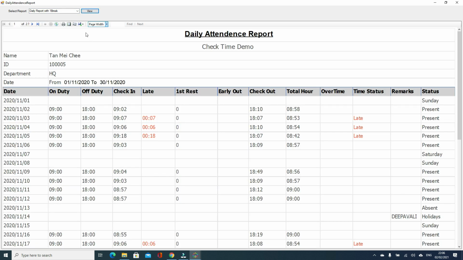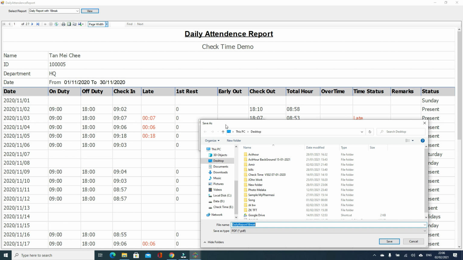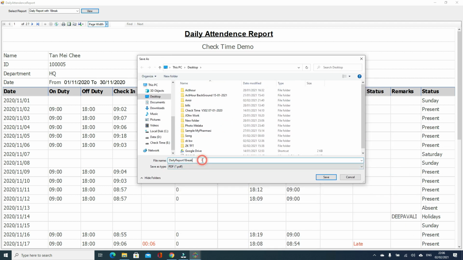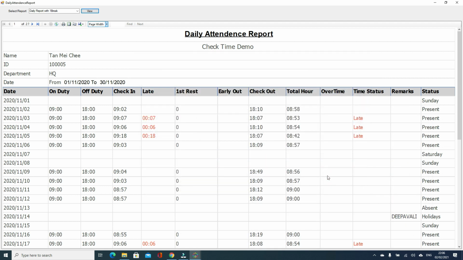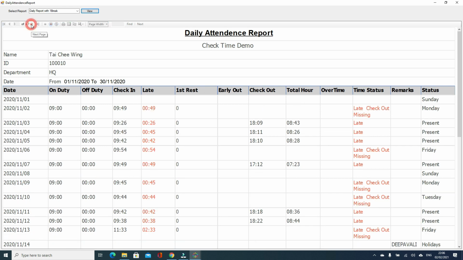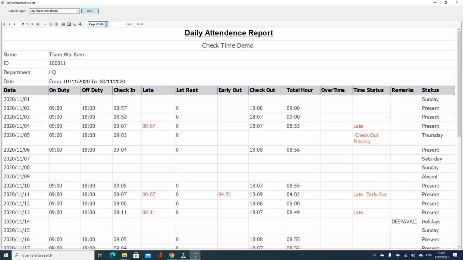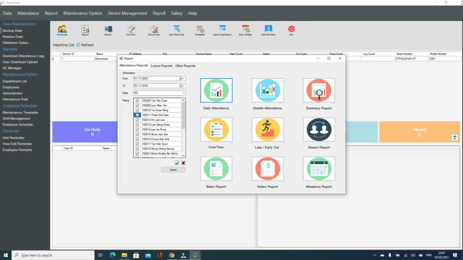So this is how you want to export. Just go here, Excel or PDF, whichever you want, you can export and give the name where you want to save. So here is the one employee, next, next, all these employees you can view from here. Once you export, it is already exported in the PDF. So we can go out from here.